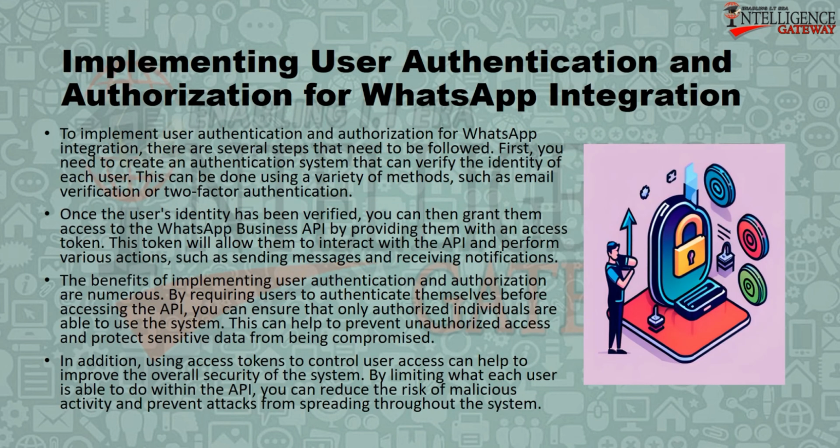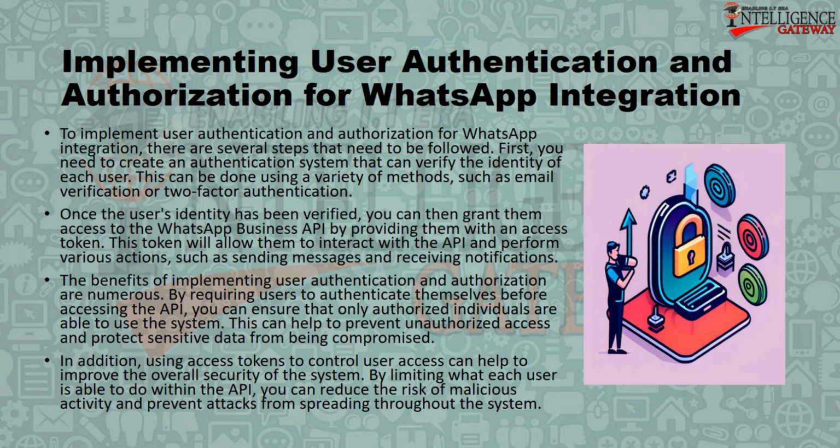Implementing user authentication and authorization for WhatsApp integration. To implement user authentication and authorization for WhatsApp integration, there are several steps that need to be followed. First, you need to create an authentication system that can verify the identity of each user. This can be done using a variety of methods, such as email verification or two-factor authentication. Once the user's identity has been verified, you can then grant them access to the WhatsApp Business API by providing them with an access token. This token will allow them to interact with the API and perform various actions, such as sending messages and receiving